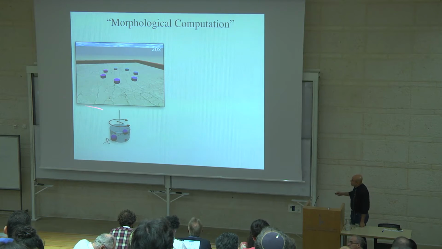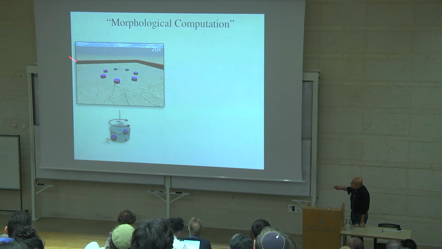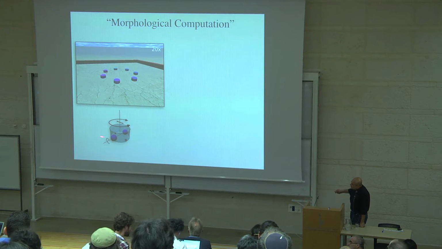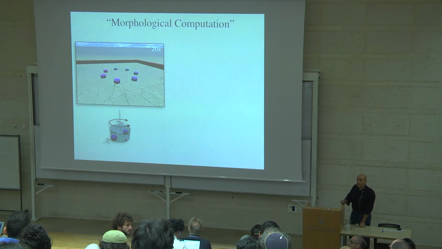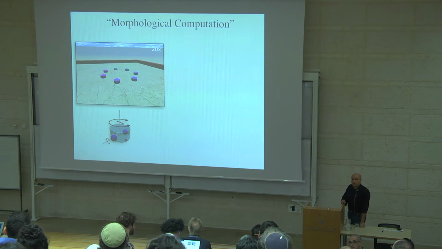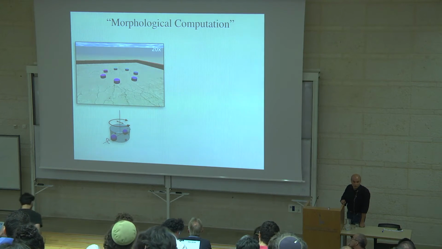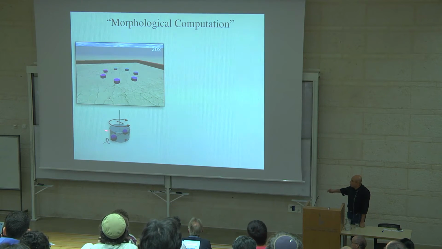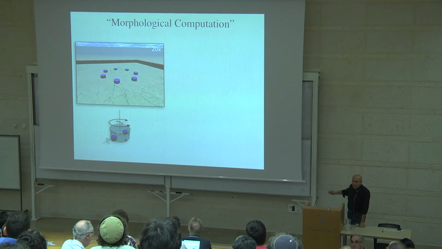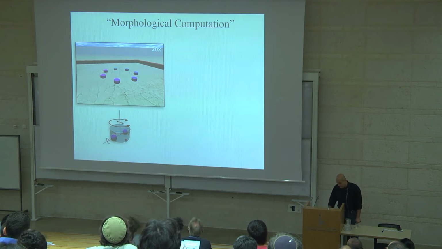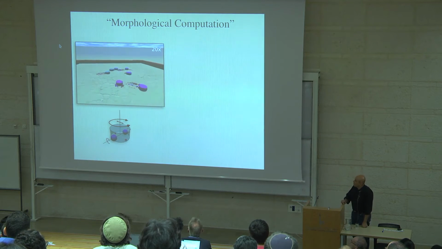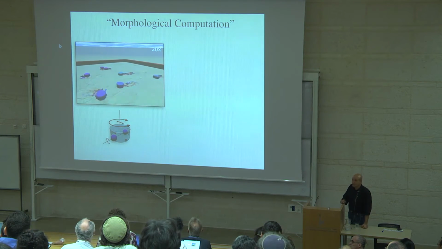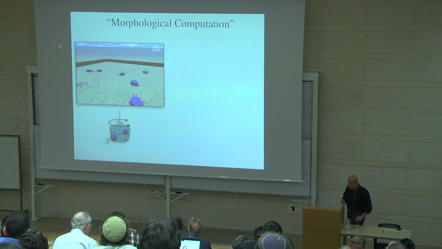Let's consider this system here. It consists of 7 simple robots. Each of these robots has 2 wheels, and it's controlled by a very simple neural network, which consists of 2 input and 2 output neurons. So this is the brain of that tiny robot, and all of these robots have the same brain. We look at the behavior of these robots, and they don't seem to show any structure in their behavior. It's like a Brownian motion.